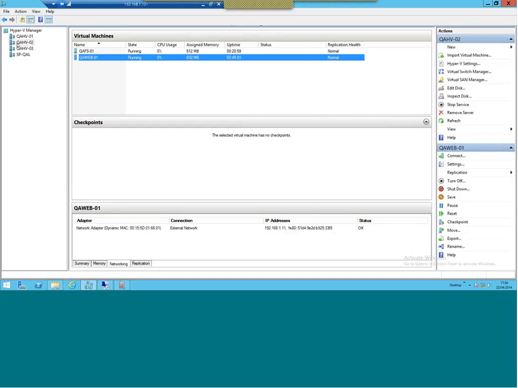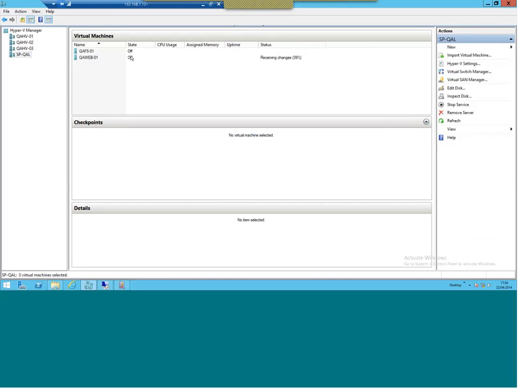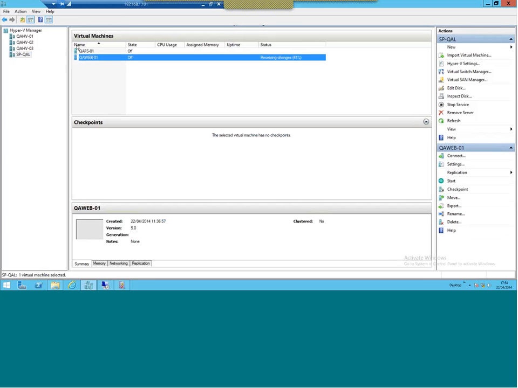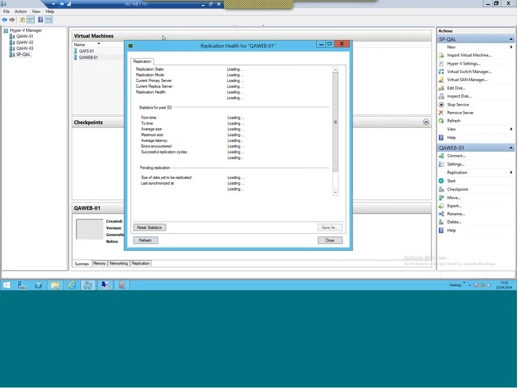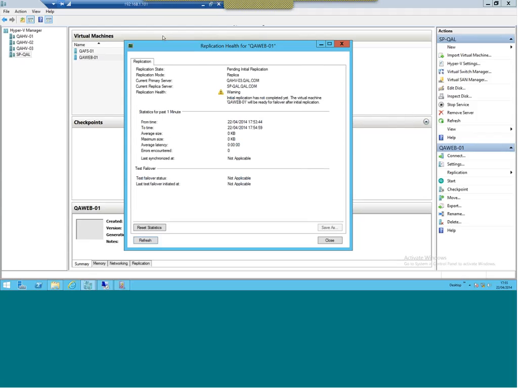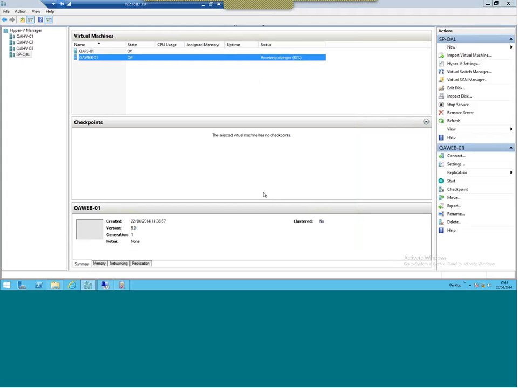If I go to the service provider, and we can actually see the machine over at the service provider, we can see, again, if we look at the replication health, so view replication health, obviously we're hopefully in the process of doing the initial replication. It basically sees this as a primary and a replica. So it actually sees 3 as the primary, even though obviously that machine's not running at all. So this end doesn't really report that it's actually an extended replica. It's only the machine in the middle that seems to be really aware of this extended replica